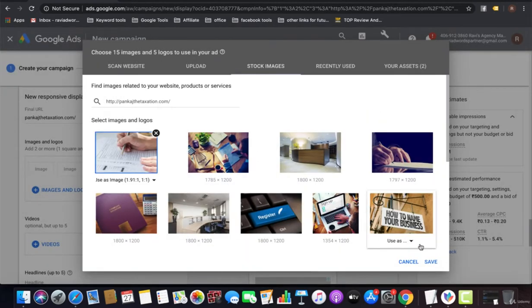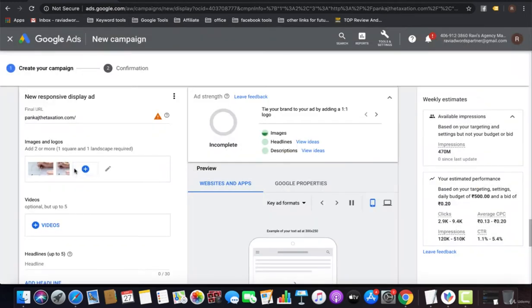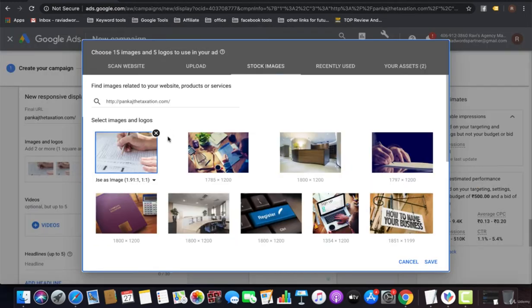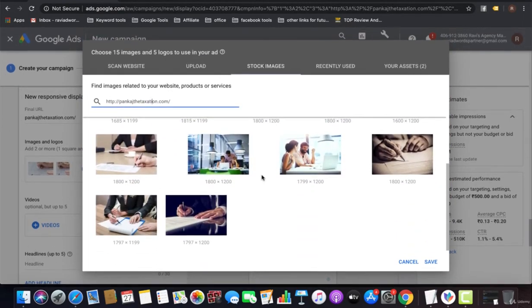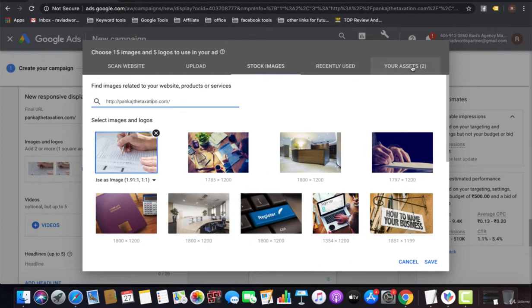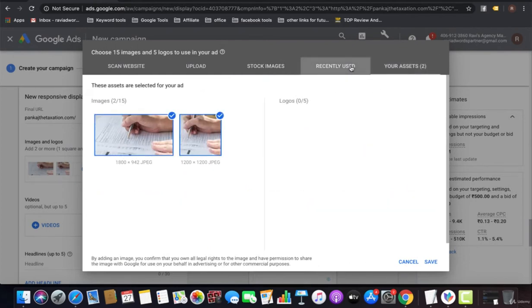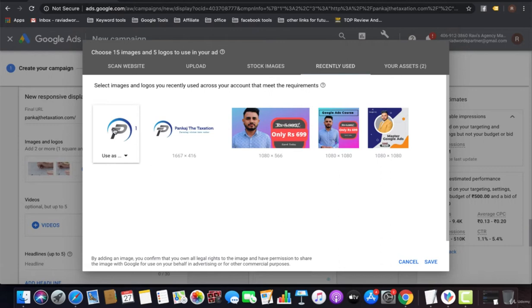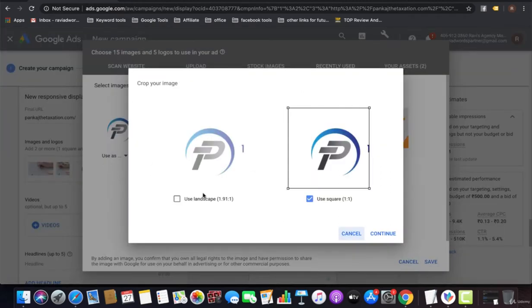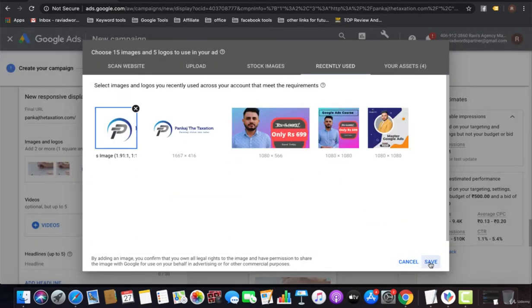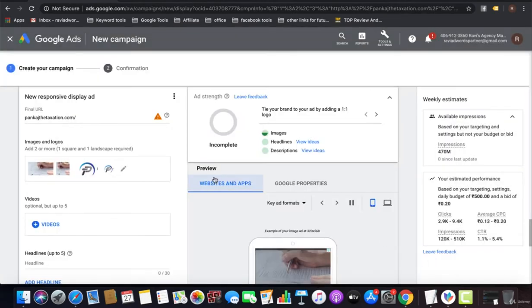Great. Now I have to select one for logo as well. Like I'm going to select logo for that, recently used. Yeah, I can use that as well. I'm going to select that for logo, and I'm going to click on continue, and you can save those images,